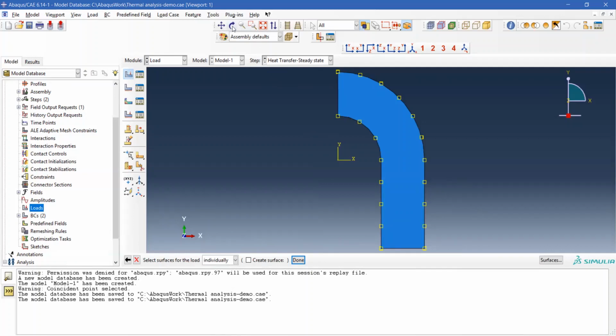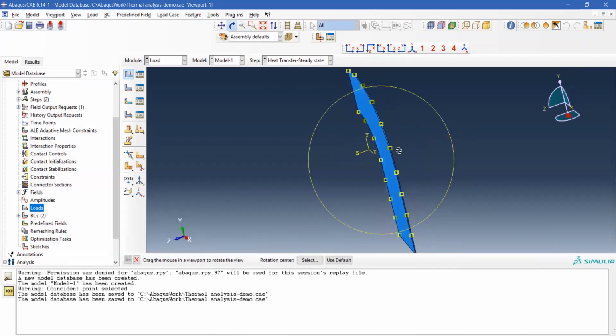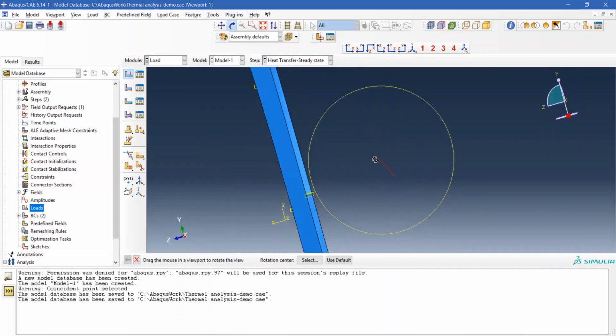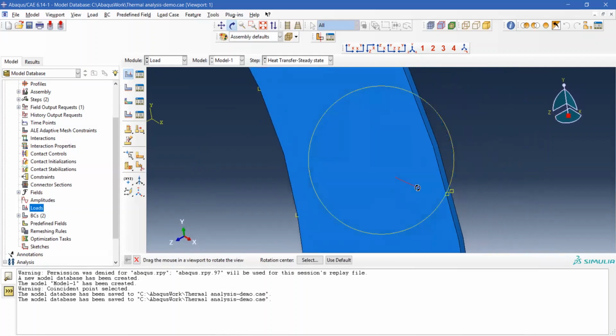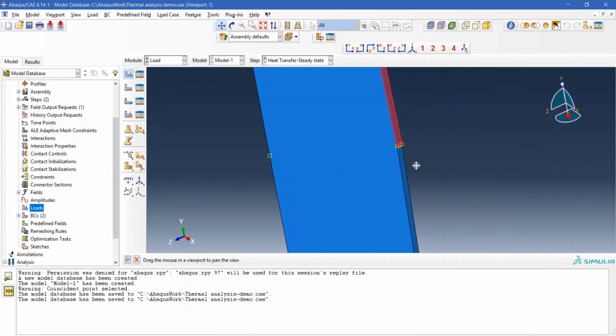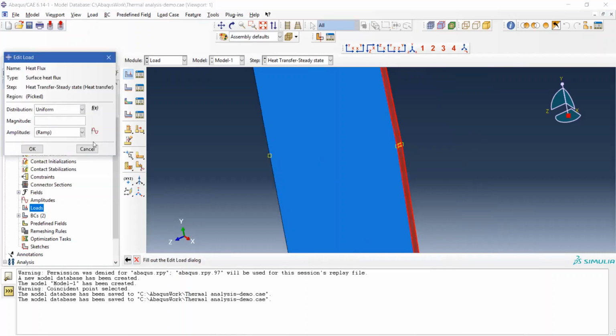And we need to rotate a little bit, and then enlarge it. And then we pan it, and you need to use the Shift key, right? And then click continue. Now, the heat flux magnitude is